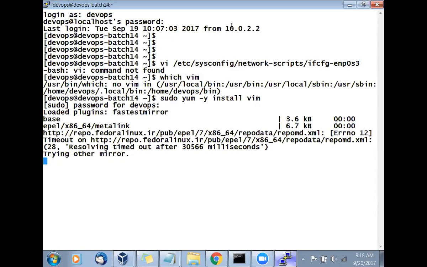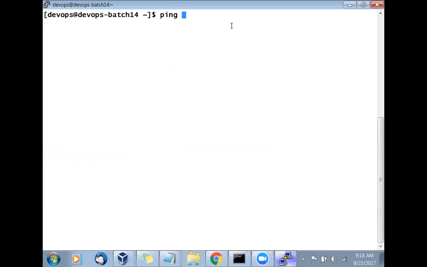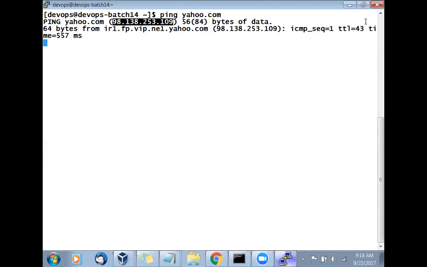Now what is happening? It says I'm not able to get the network. How to check the network is correct or not? Ping yahoo.com. So is our network working? Yes, we got the name resolution. DNS is working and it is pinging the packets.